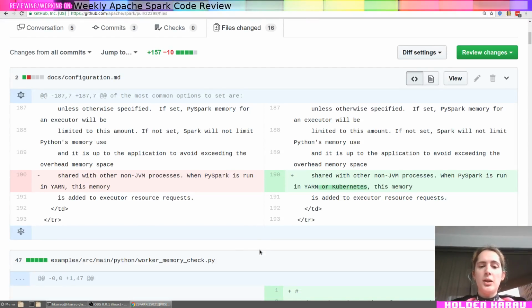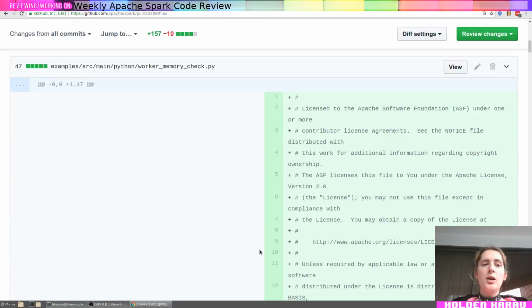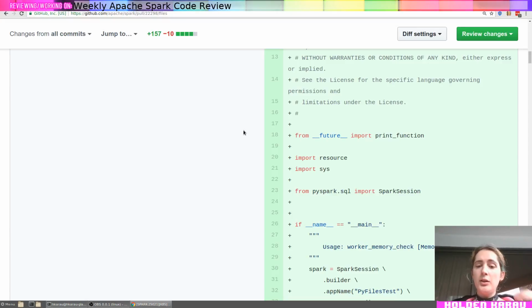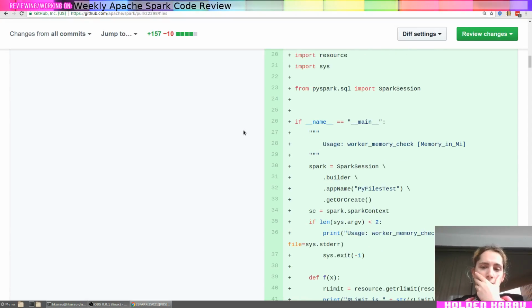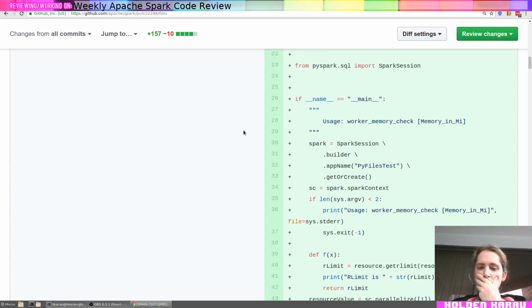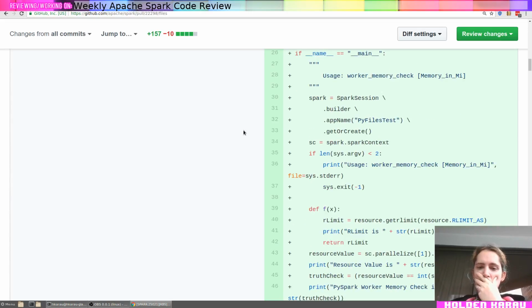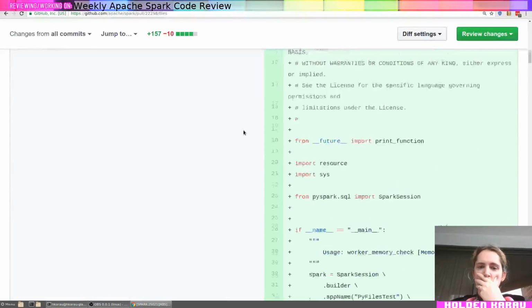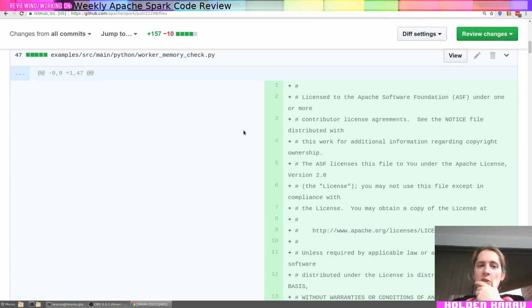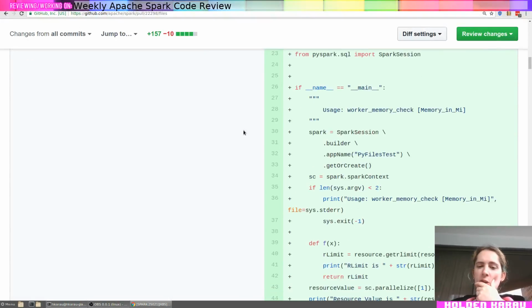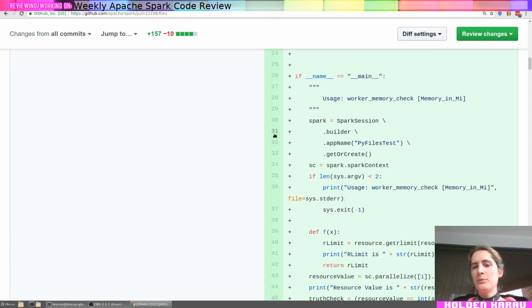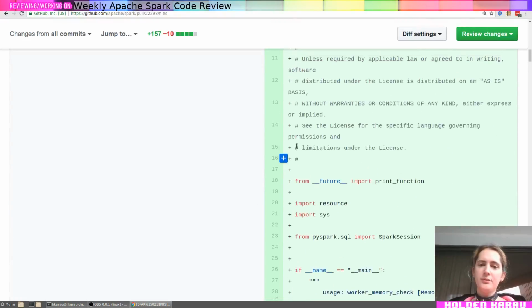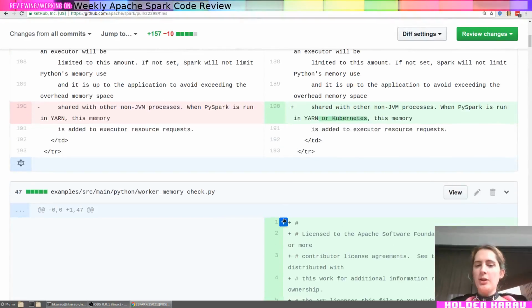Okay, I mean that documentation change looks pretty reasonable. Worker memory check.py, yeah. I'm not really sure this belongs in examples. Let's just leave a comment here.